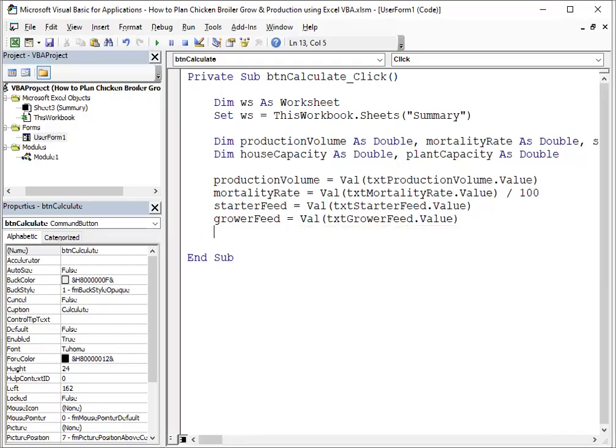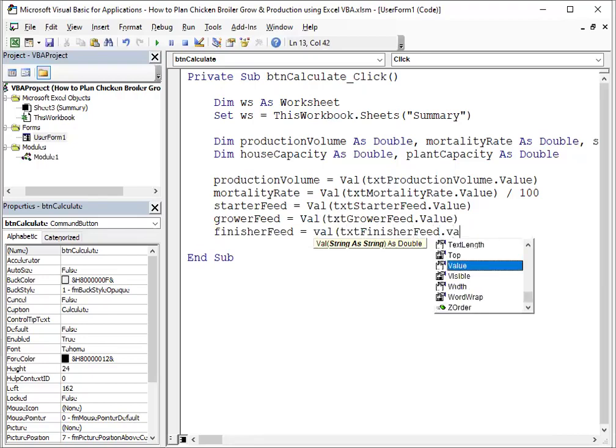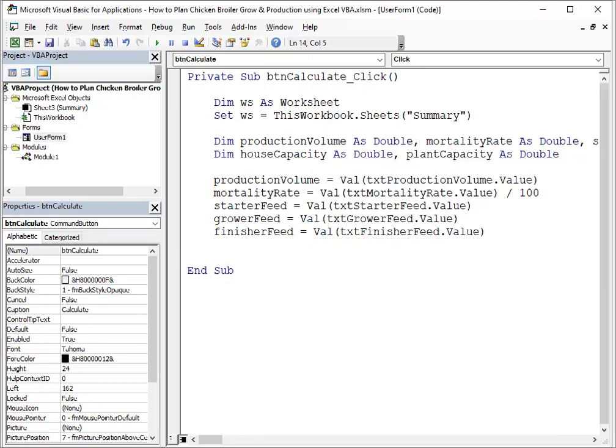Then finisher feed equals value, then open parenthesis txt finisher feed, that value. Close. Then house capacity